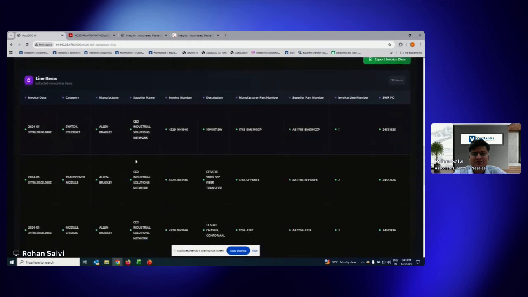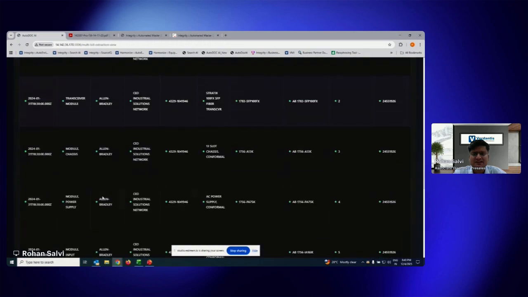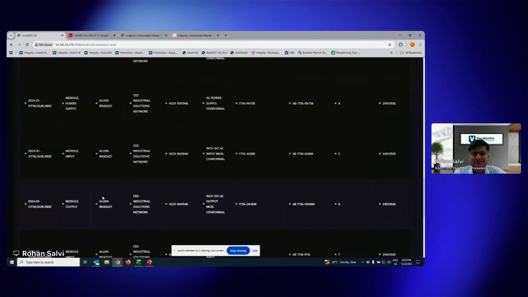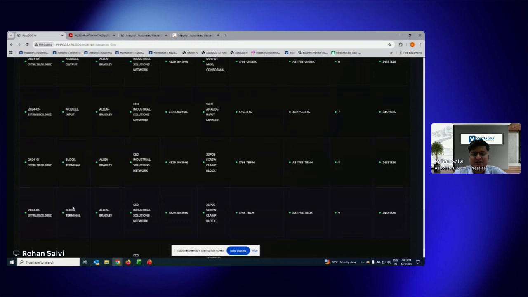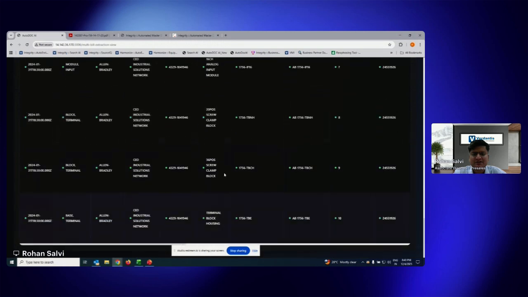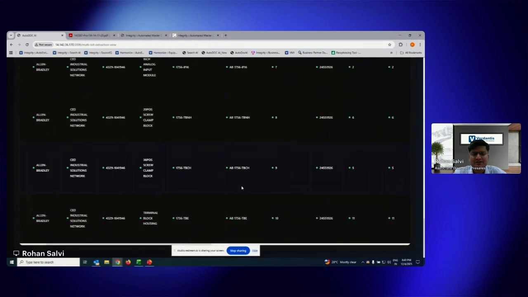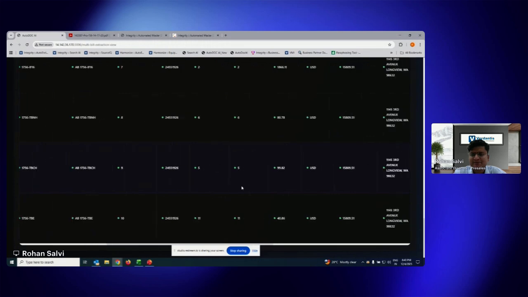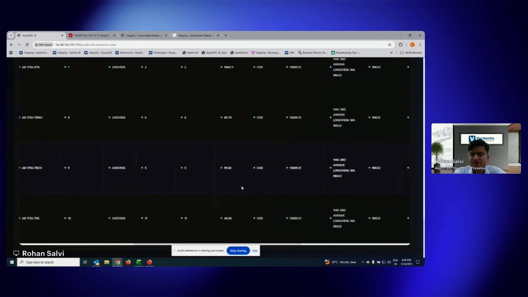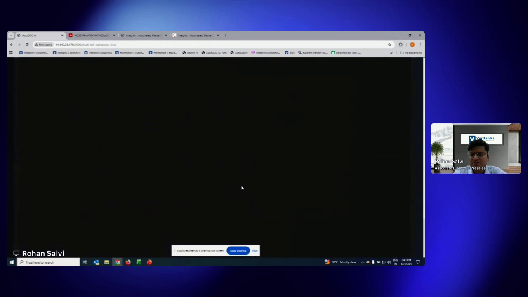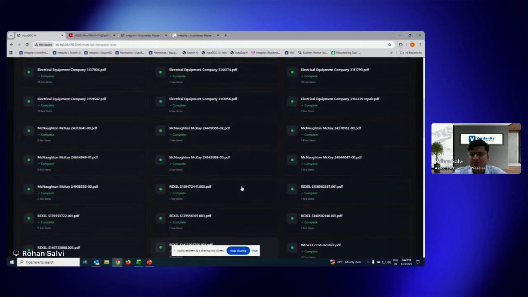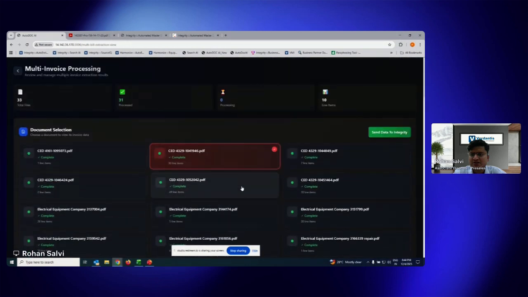So you can see the information. There are multiple Allen Bradley switches that have been purchased. Okay, these are all coming from Allen Bradley. All the electronic and electrical components are over here. There are dollar values extracted over here as well. It also brings up the vendor's address details and the vendor name as part of this. Now, all of this is extracted and captured by the agent.